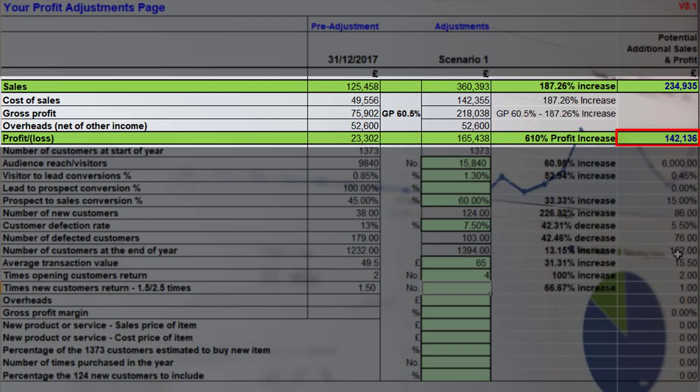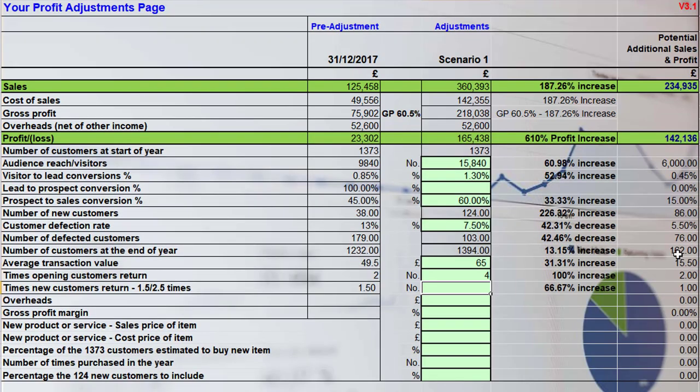142,136. Now, it's possible that with that increase and with that volume of sales, you'll probably have to incur additional costs in terms of overheads. So, for example, you may have to employ more staff, and that is an additional cost. Your utility costs, electric and gas, will probably go up as well. And there's going to be a number of expenses that will be impacted by the increase in volume of the